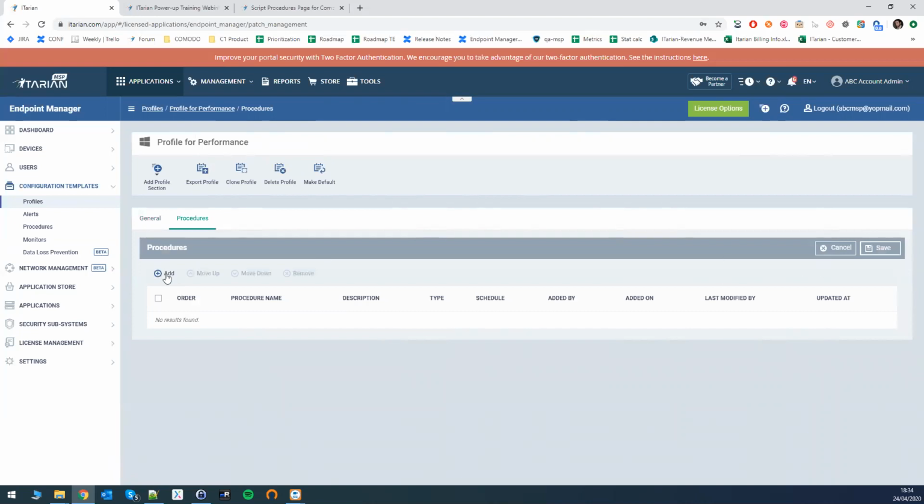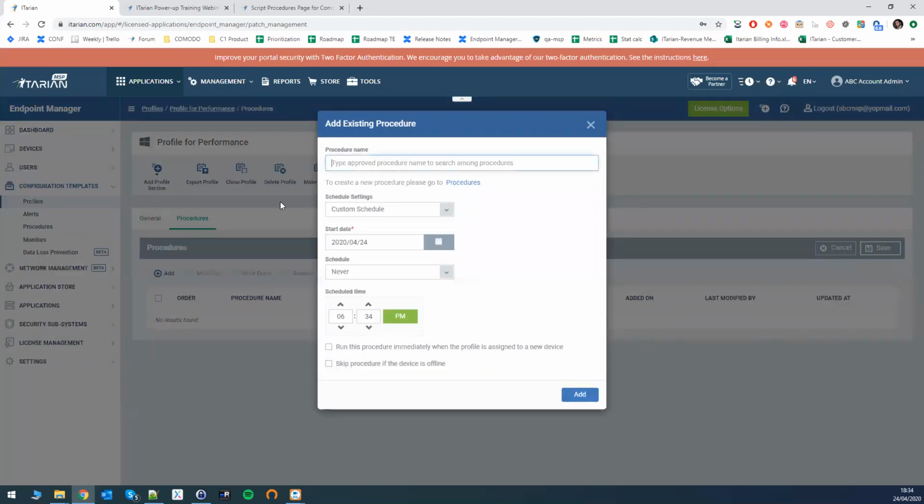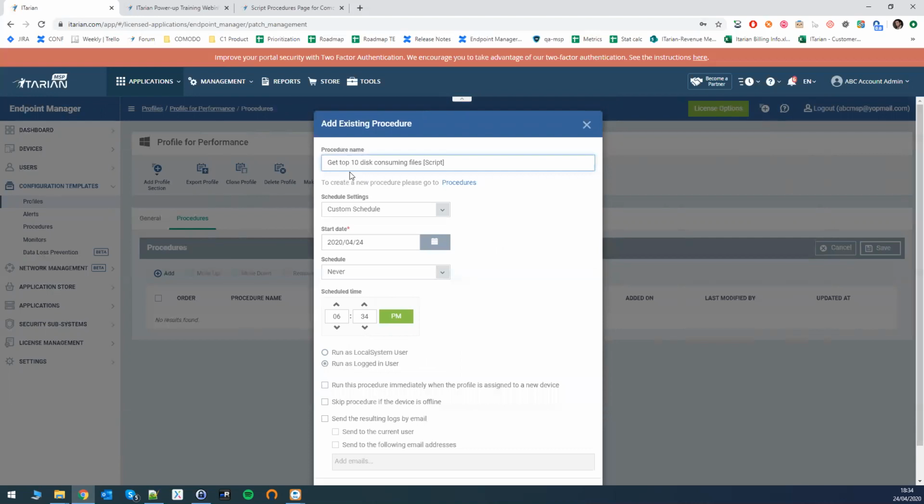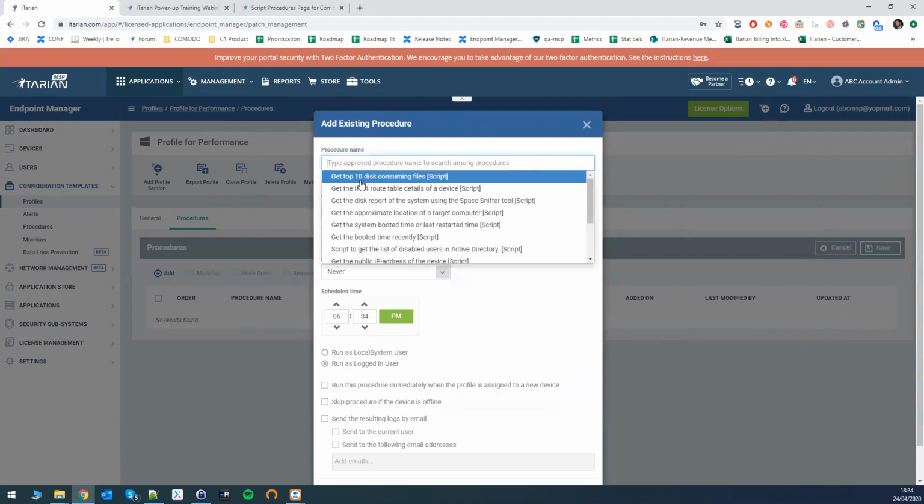By clicking add button, you will choose the procedure, approved procedure, to be scheduled. So let's choose this one. This procedure will detect the 10 most disk consuming files